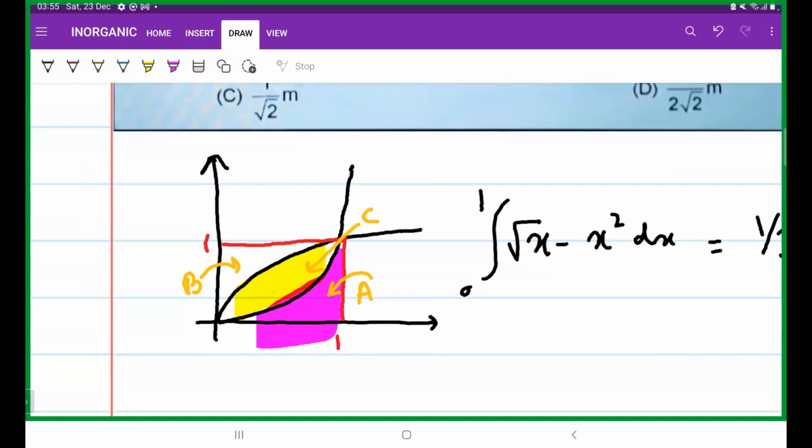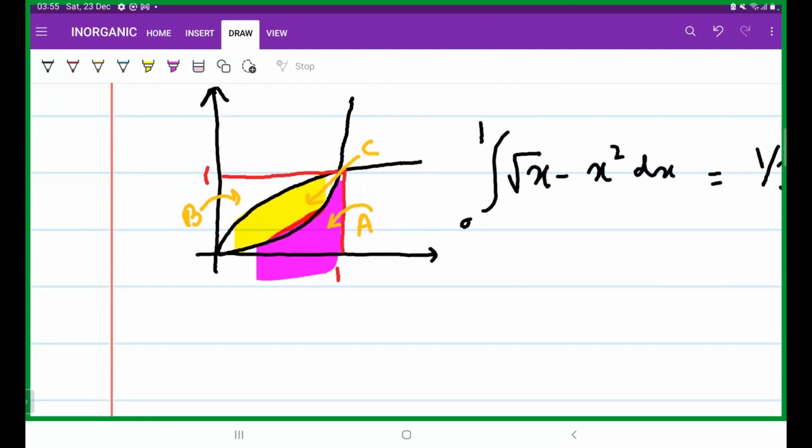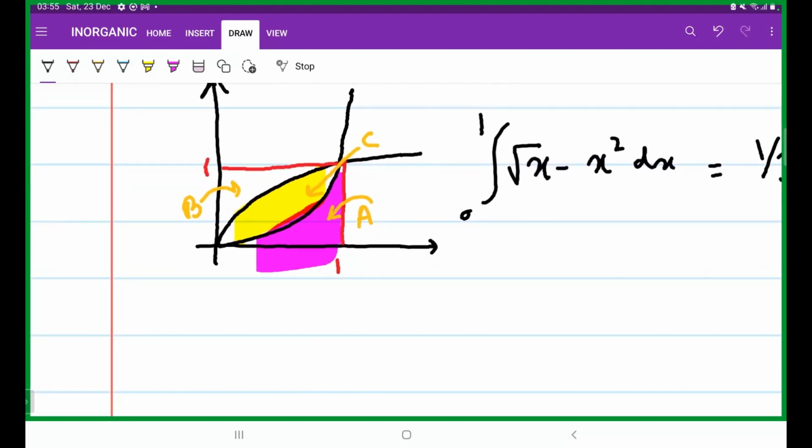Okay, now you will see that it's easier to find the area of block A and block B. What we will do then is use the negative mass method to find the center of mass. That is, we will find the center of mass of A and B, and the center of mass of the square, which we already know, and then we will eliminate parts A and B and we will get the center of mass of C. Okay, that is how I am planning to do this. But first, the challenge is to find the center of mass of A and B. If we find A, we will get B also, because it's symmetric. So let's find the center of mass